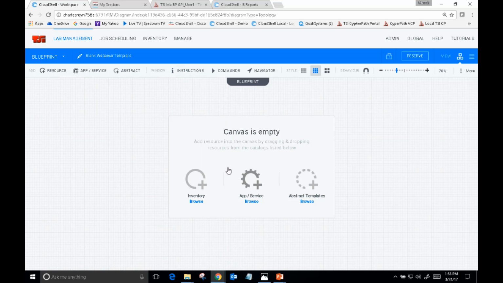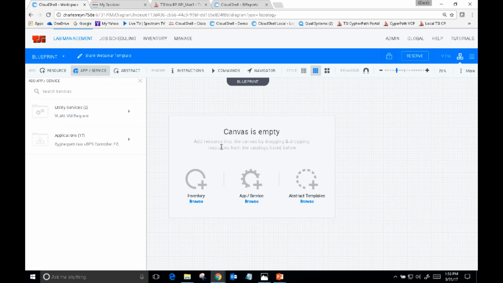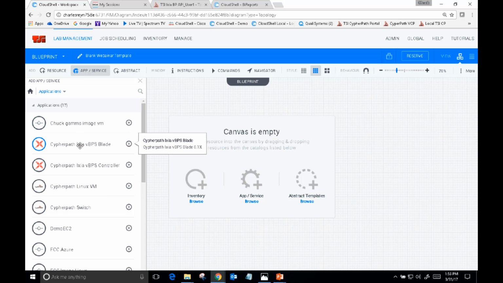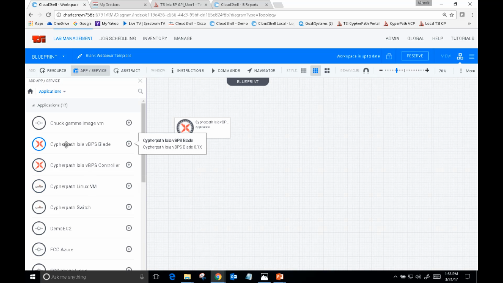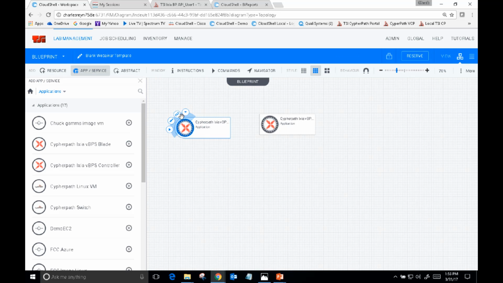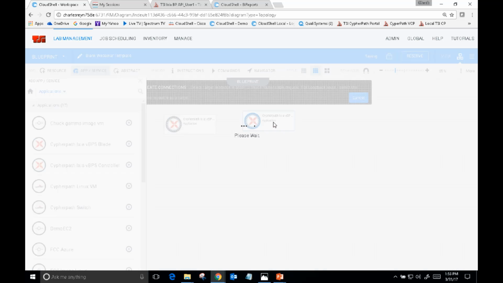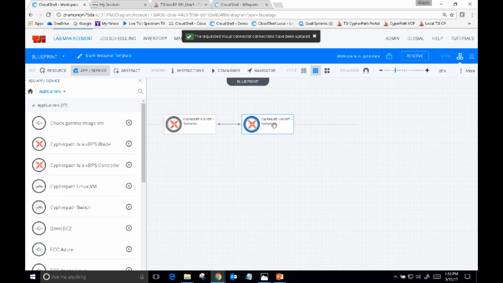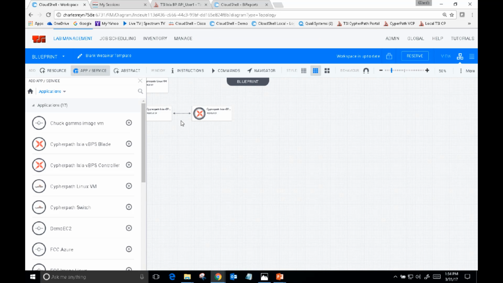Let's drop in a few apps which will configure and deploy some virtual machines in CypherPath to build our Ixia test bench. We will be using Virtual Breaking Point with its controller virtual machine and one virtual blade in our sample test bench. So I'll grab the Breaking Point controller, I'll grab a blade. We can then easily connect the two by just clicking the connection icon. We could then add a Linux VM, a Ubuntu one, for access to the CypherPath Breaking Point